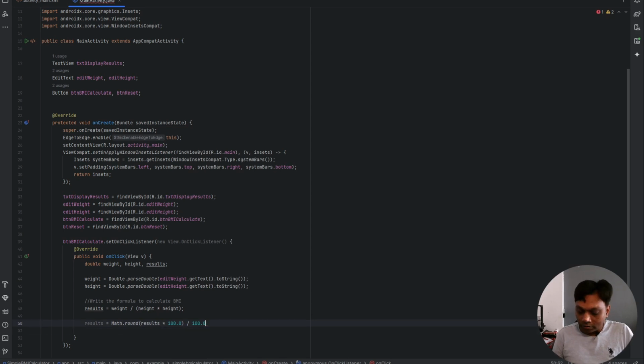So make sure that you have this dot 100 written so that it rounds it off to 2. And once that is done,